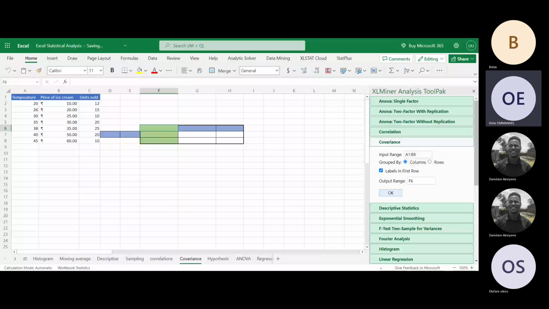What it does is, now this is my covariance, my temperature and my price of ice cream. This is a very strong covariance. What this tells me is that there's a positive covariance between them, because this is not correlation that has 0 and 1. So if you are asked to just find the covariance, then with this answer you can say, okay, there's a positive covariance between temperature and price of ice cream. And like that,